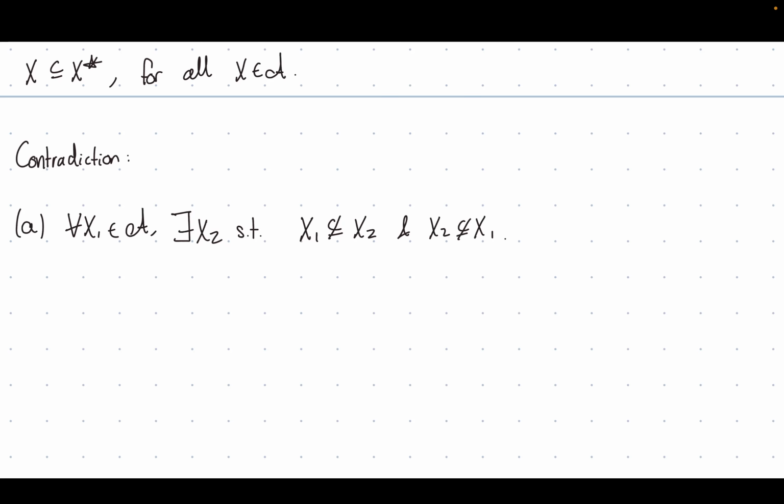So this is our initial assumption. And then B, we have that for all x in script A, there exists x star such that